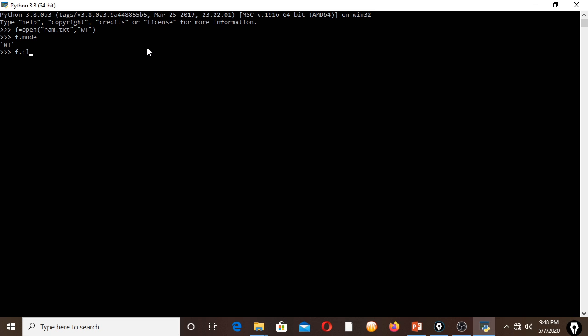f.closed, it is closed or not? It is coming false. If I am going to close it out, then what I am going to do is write now here, one line. So for writing here, suppose I am writing f.write. So read is for reading the file and write is for writing text or a line. I am going to write here,